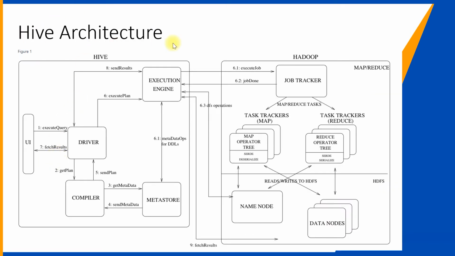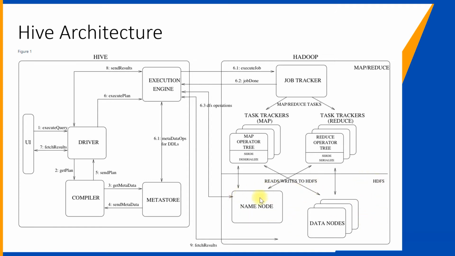Okay, so here is the Hive architecture. If you look at it, the first half of this section is all about Hive, and the second section is about Hadoop, right? So typically Hadoop contains a resource manager, job tracker, right? That works directly with mappers and reducers, and each of those operations connect to the name node and then process the data or any aggregation on the data nodes, right?